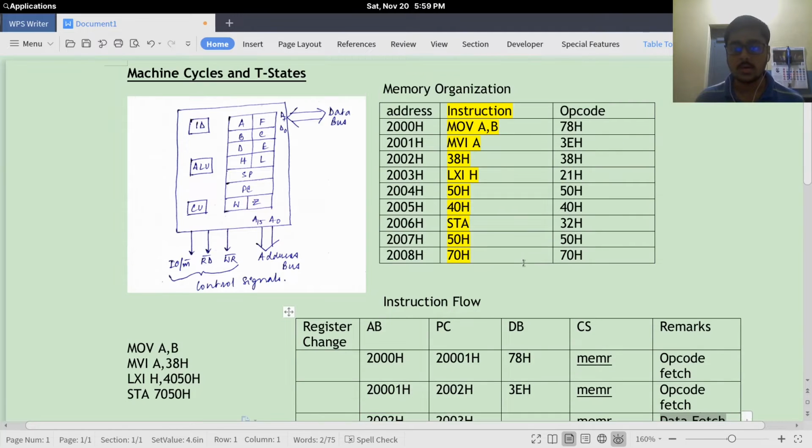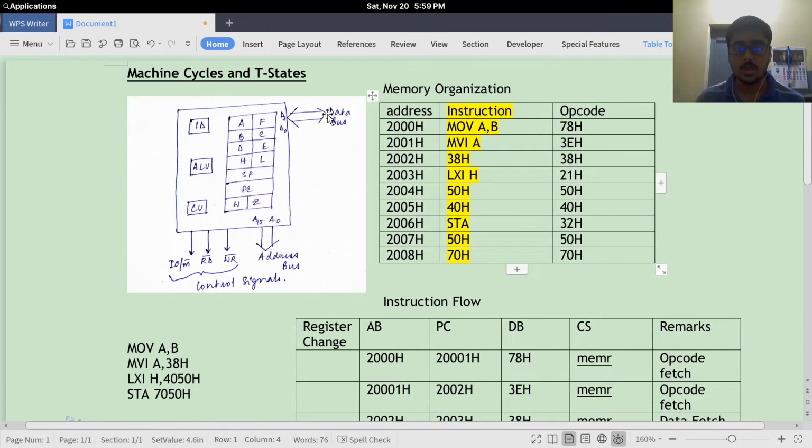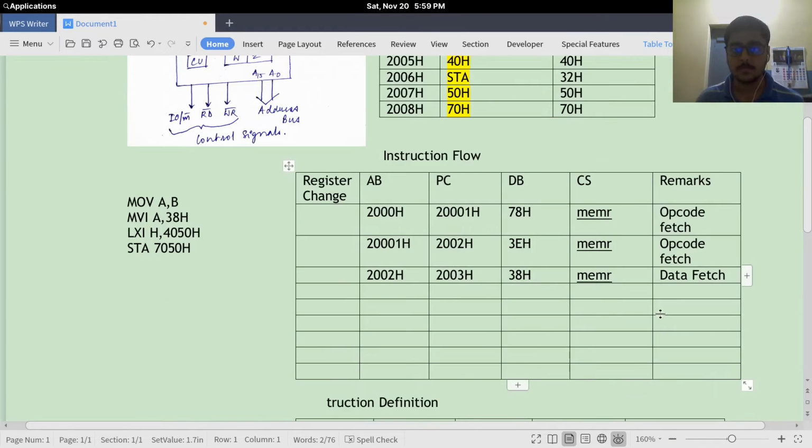Now the data bus contains 38H. 38H comes to the data bus and gets directly stored to the accumulator A because of the previous instruction MVI A, which informed the microprocessor to directly store the data from the memory to the accumulator.